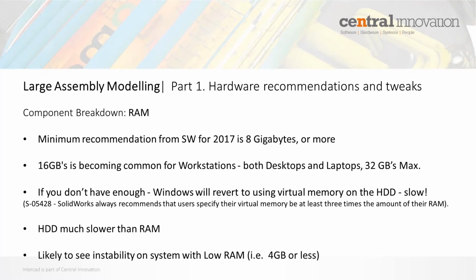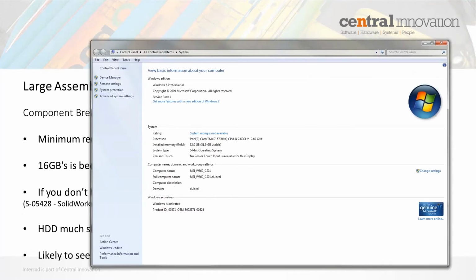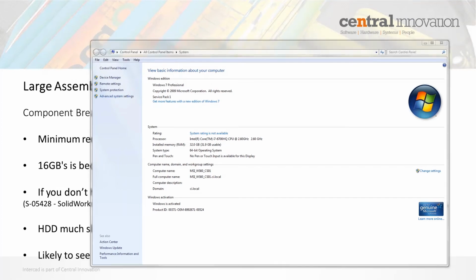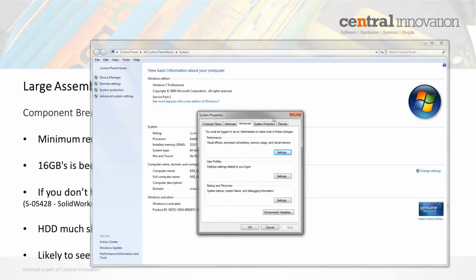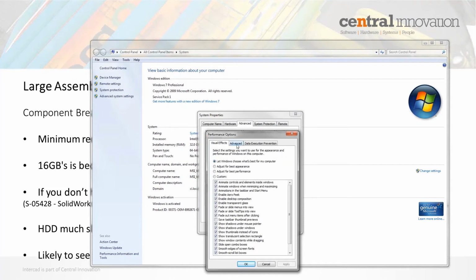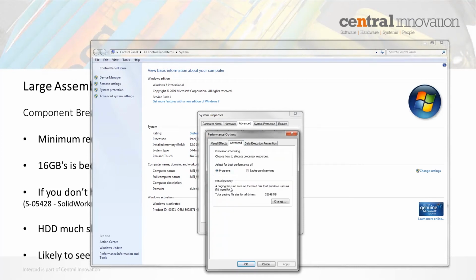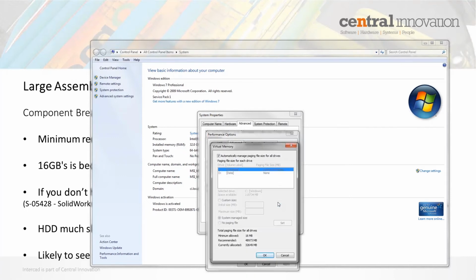Where do you specify that? Well, if you right-click on your computer and get into the system dialog, and I'm currently using Windows 7. This might look different on Windows 8 or Windows 10. If we go to the advanced system settings on the left hand side there, we'll bring up the system properties, and then we need to go into the performance area here and click on the settings button, and then click on the advanced tab, and then under the advanced tab you'll see virtual memory, and if I click on the change button there, you will see